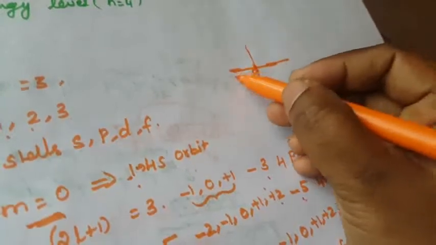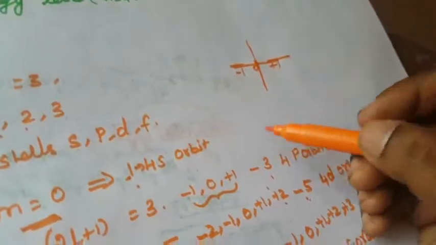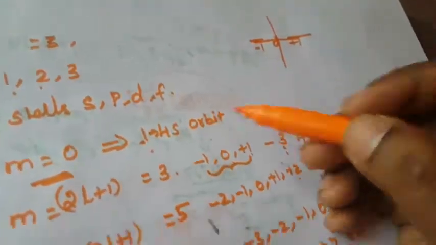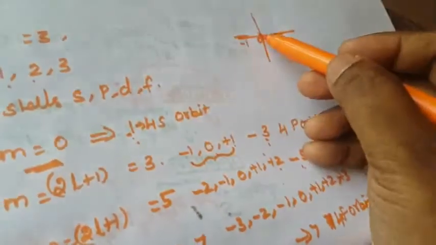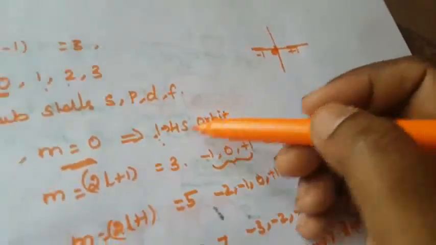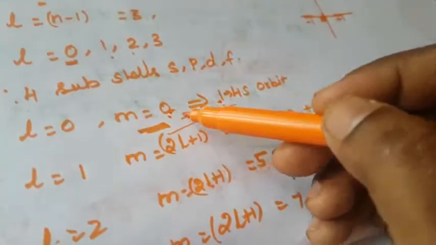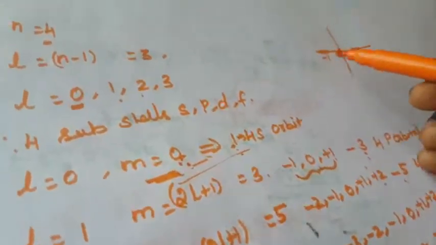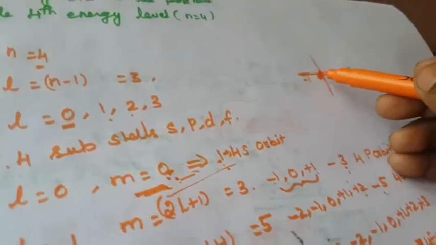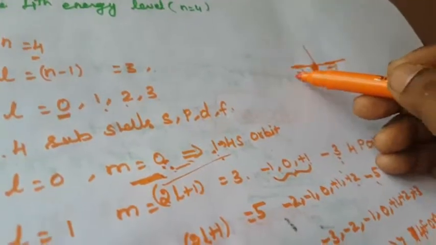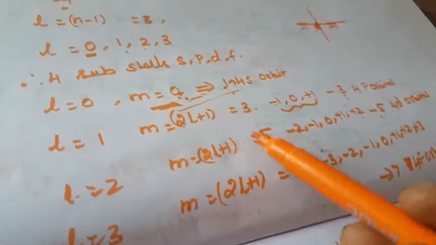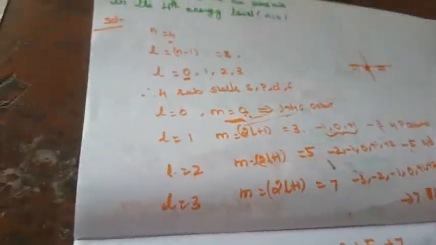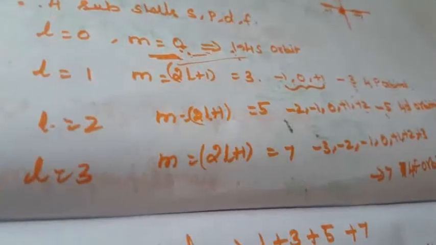Suppose 3 values means minus 1, 0, plus 1. So first value, that is 1 orbital, means the first value 0. That is the reason I am writing 0 here instead of 1, because of the x-axis, y-axis. The first value starts from 0, then minus 1, 0, plus 1. So that is the 3 values, then 5. So total is equal to 16 orbitals are possible. Okay, so this is the other one.